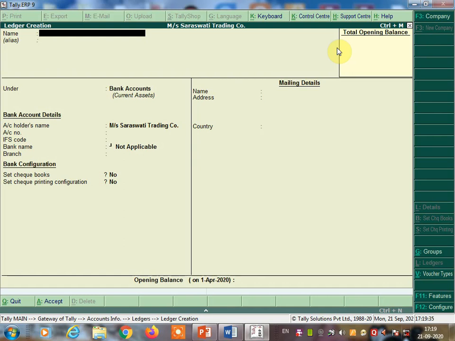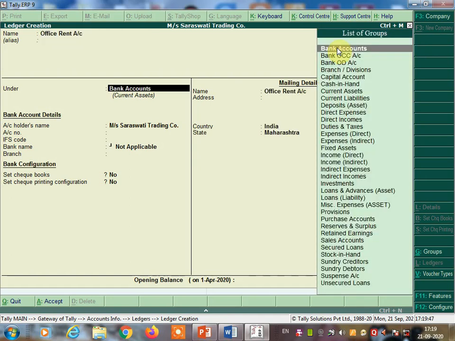So here the new ledger we got is called office rent account. This is your expense. You made the payment, so that's why this office rent will go under indirect expenses. There are two types of expenses: direct expenses related to manufacturing, and indirect expenses.